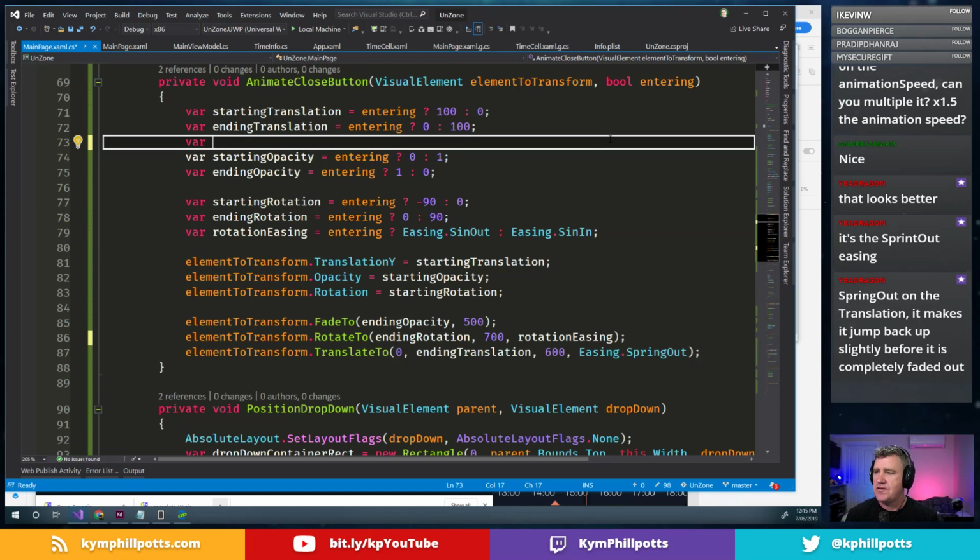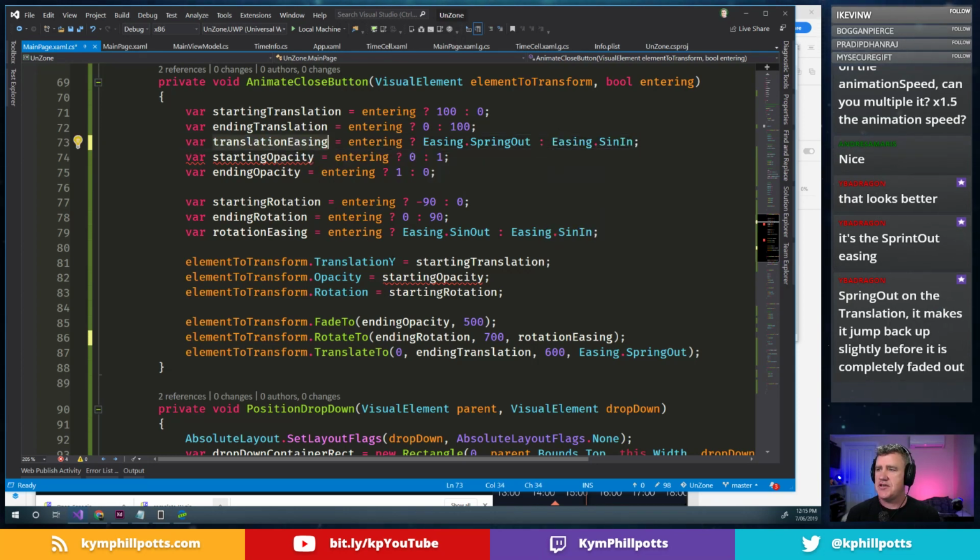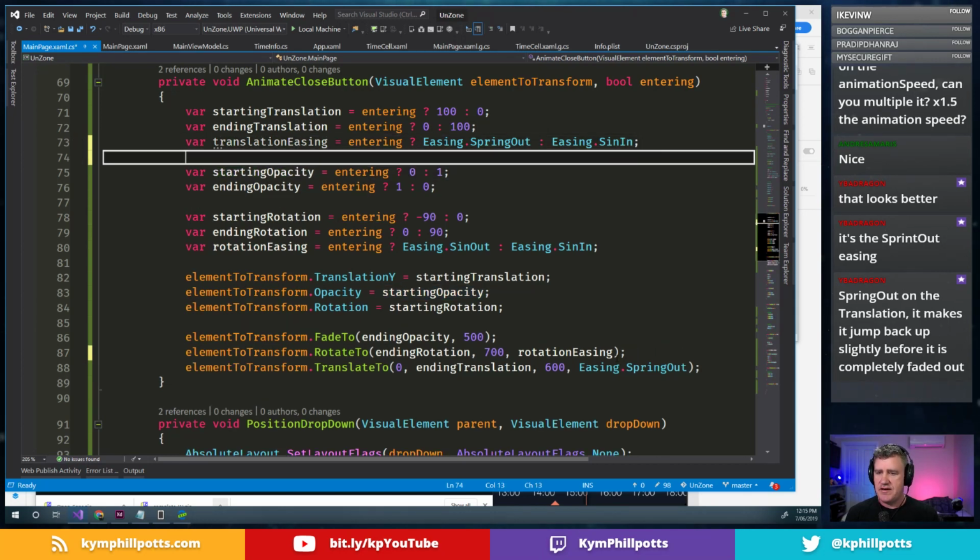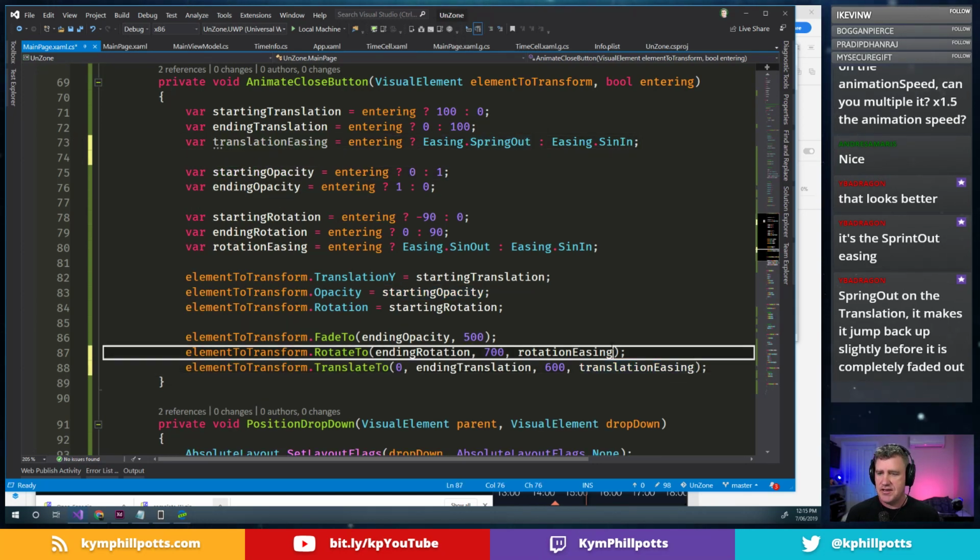Let's try this. Wish there was a more interactive way we could do this. So let's add a translation easing. If it's entering, then we'll go ahead and spring it out. So it springs when it gets to the bottom, out into the out. So what we have there at the moment. And otherwise, we want it to fall. So let's go easing dots. Translation easing. So let's give that translation easing. This one here,